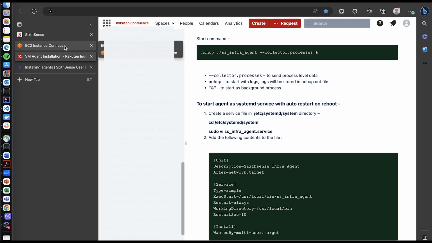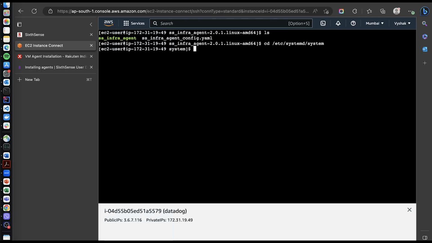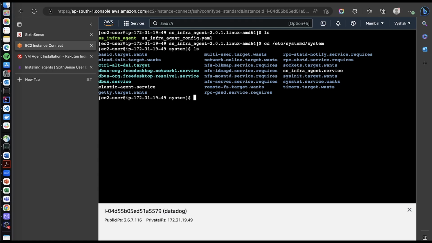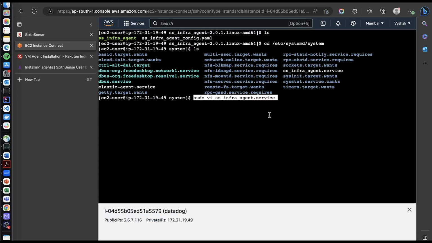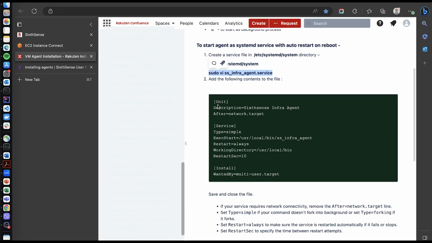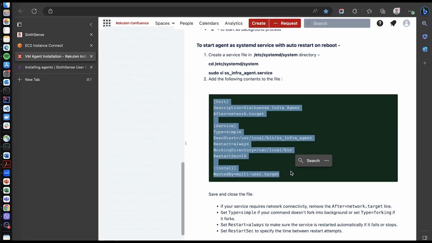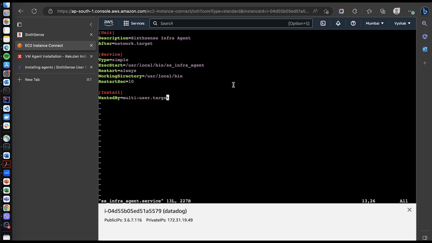Let's create a file called ss-infra agent service. So after that, let's make this file, and I've already added these contents from earlier, but what you have to do is add these lines of code in the service file we created earlier. So after having done that,